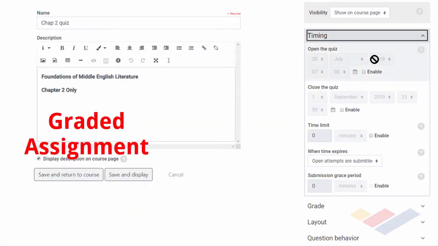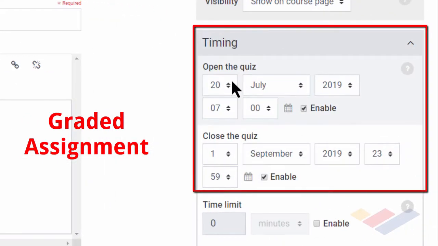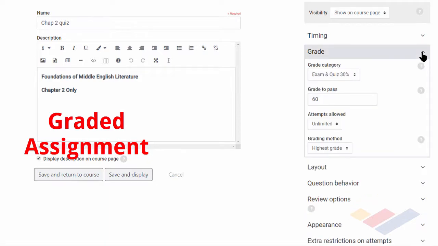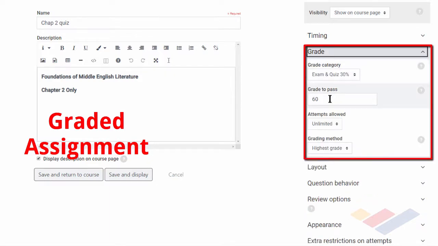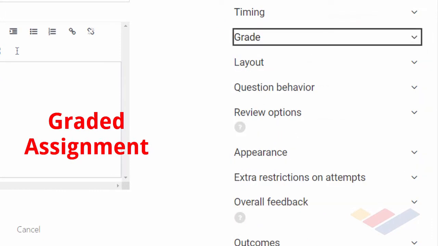We'll open this quiz that's set up already, and we'll make sure of a couple things before we get started. I'll look at timing and I'll make sure that the quiz open and close date is what I'd like. And this closes on the 1st at midnight. I'll also set up the grade and indicate that it's in the correct category. It takes 60 to pass. They can have unlimited attempts. While there are other quiz settings, we'll move right down to activity completion.